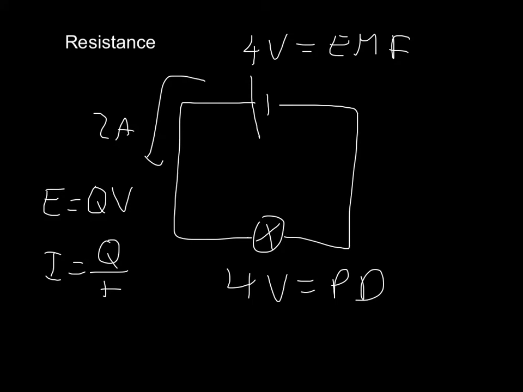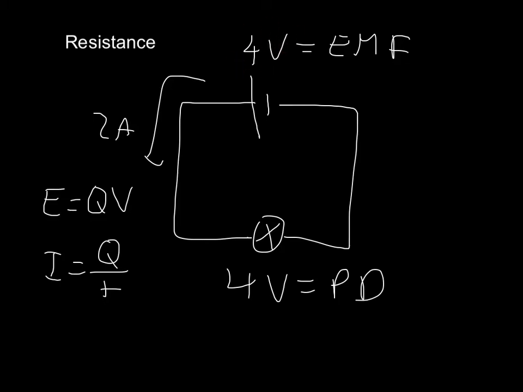And we also saw that when the coulombs go through the light bulb, they need to leave part of the energy. So if the PD is 4 volts, this means that the coulombs are going to leave 4 joules that they were carrying here, and then they will arrive here with no energy. We also saw that our coulombs need to have left all the energy that they have before they arrive back to the battery. So we can express this mathematically as simply stating, well, if this is 4 volts and I